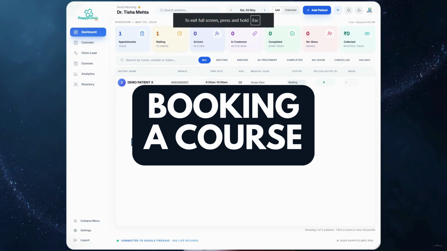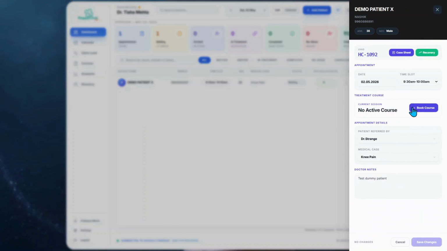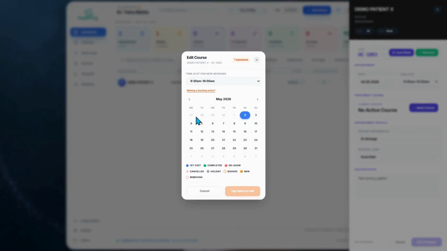Booking a treatment course. Just click Edit Course and a course booking calendar will open. This is where you plan the patient's entire treatment course upfront. We know physiotherapy works in courses. You prescribe a set number of sessions over a specific number of weeks. The patient comes regularly, you track and review their progress, and at the end of the course, you successfully conclude